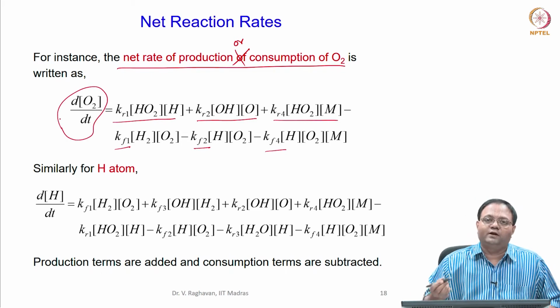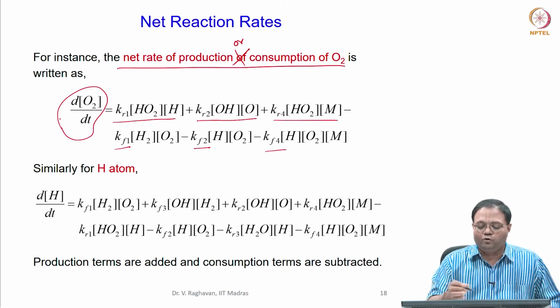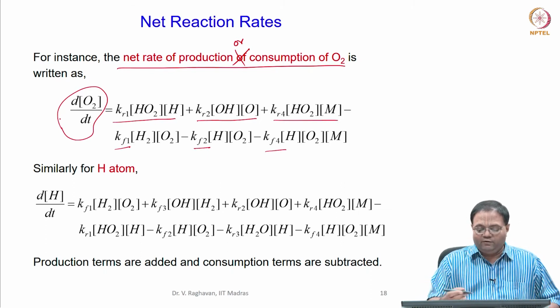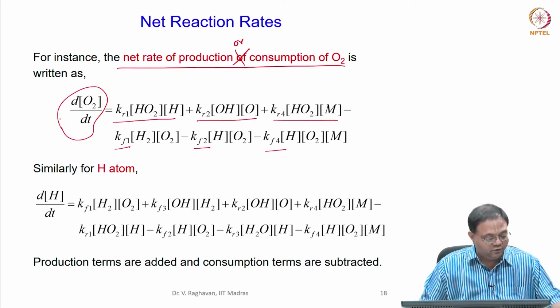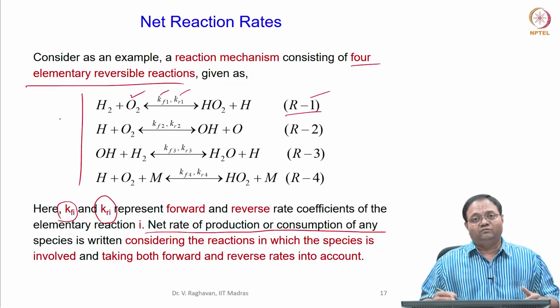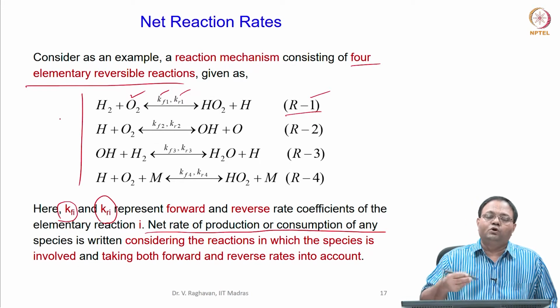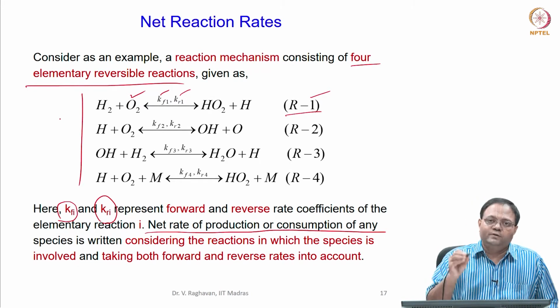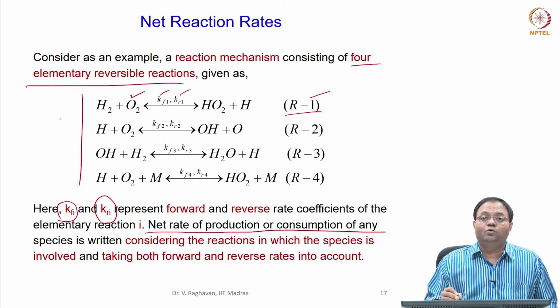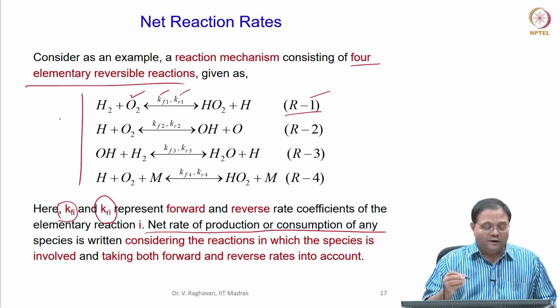We do not know whether it is positive or negative, correct. So, the production or consumption of O2 is given like this. Similarly, for the H atom I can write like this. So, you can see this. This is only for 4, but actually we will have several equations, reactions like this, and we have to suitably know in what all reactions a particular species is going to be present, and try to calculate.